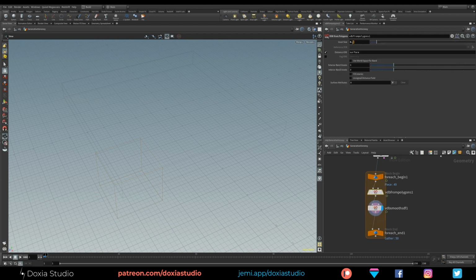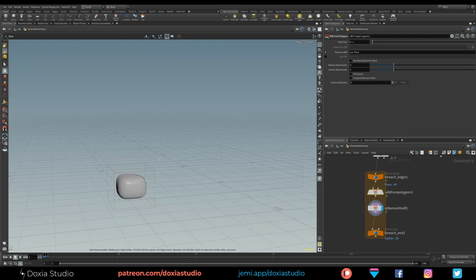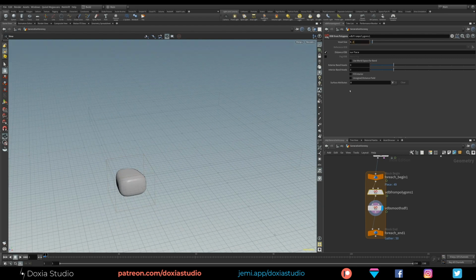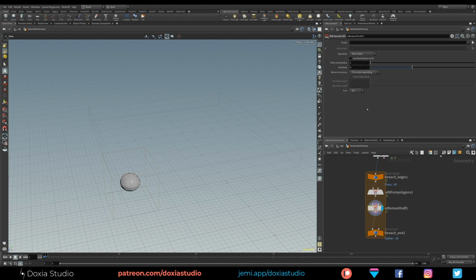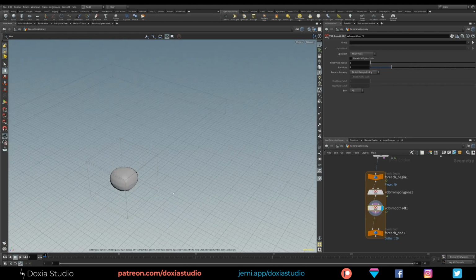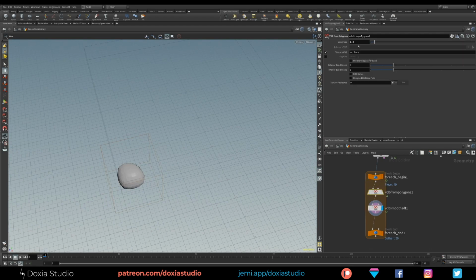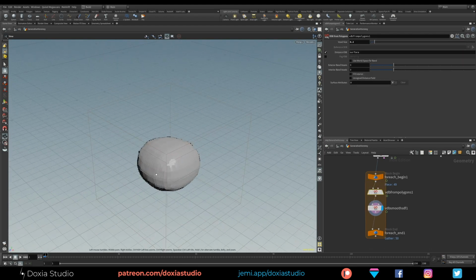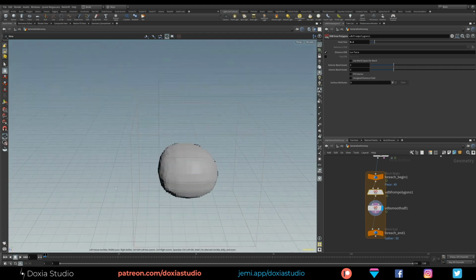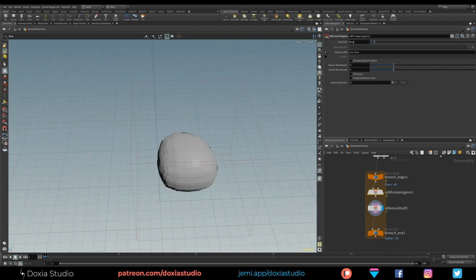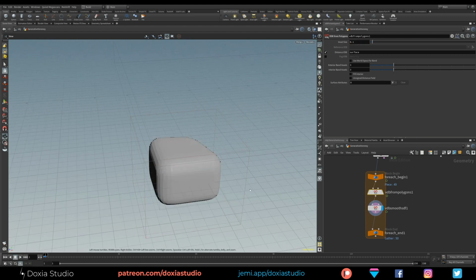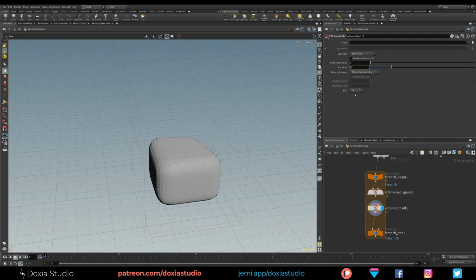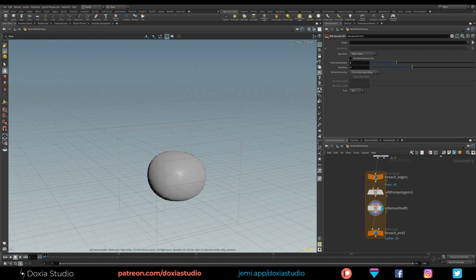Maybe this is way too much. Okay, maybe 2. And now we need to decrease it a little bit. Now let's go to 1, because I'm seeing this as really low resolution, and that will be bad when we go back to polygons. Let's go with this one, and smooth, let's increase to 4, 5, 4, and voxels 2.